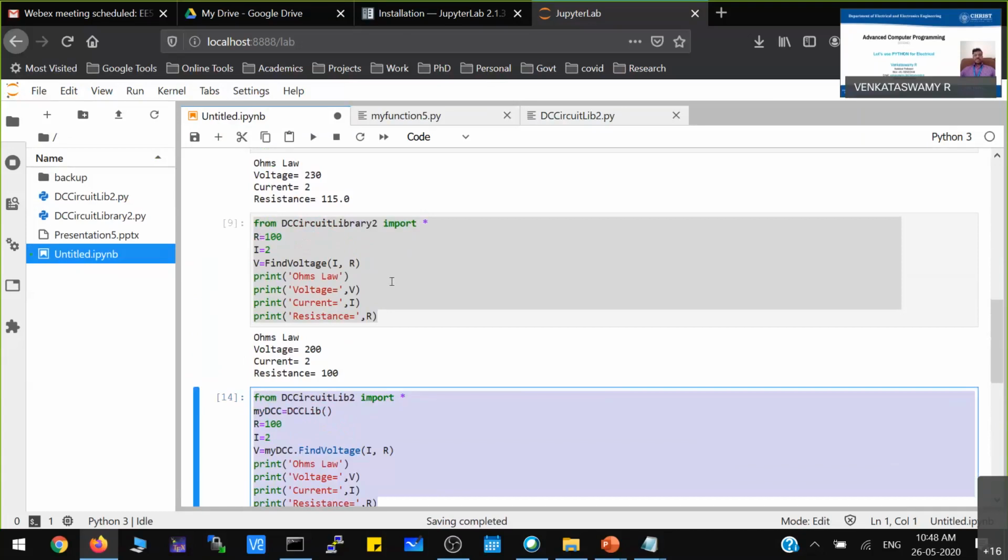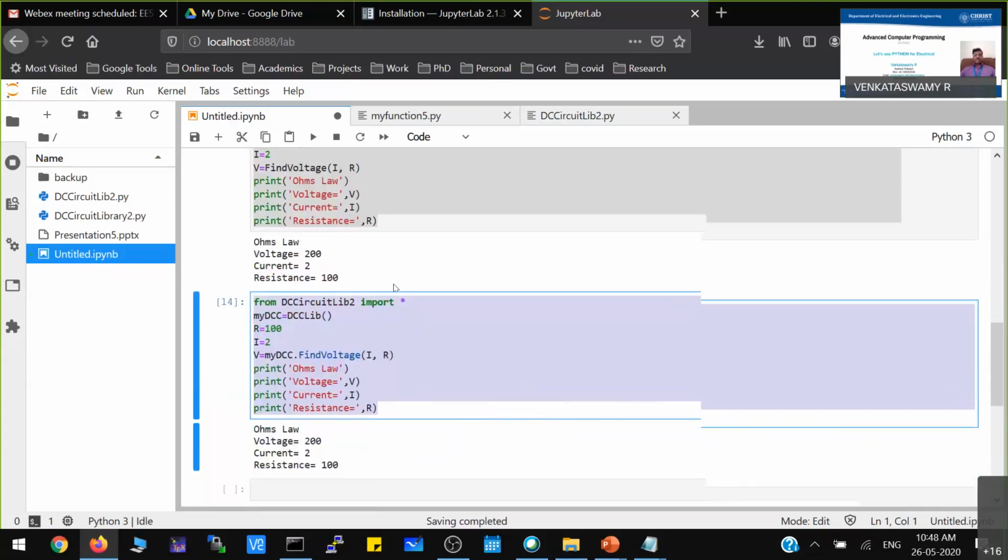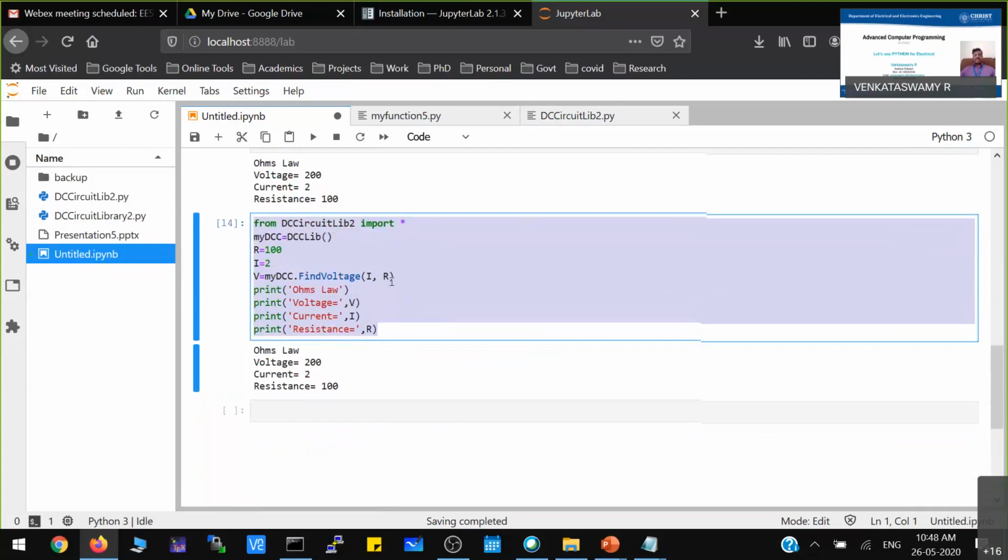Then we called other functions also, and finally we created a class, and using that class we accessed the variables and functions present in that particular file. Here we can call that a library now. So we imported the library and we used that particular library.